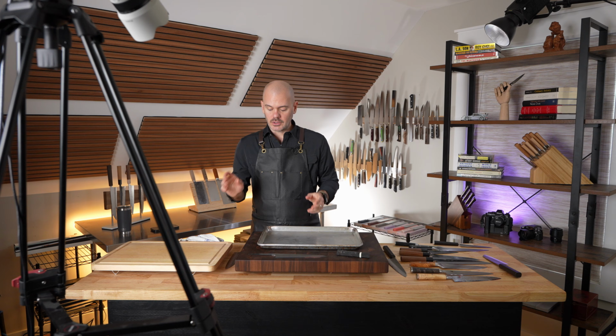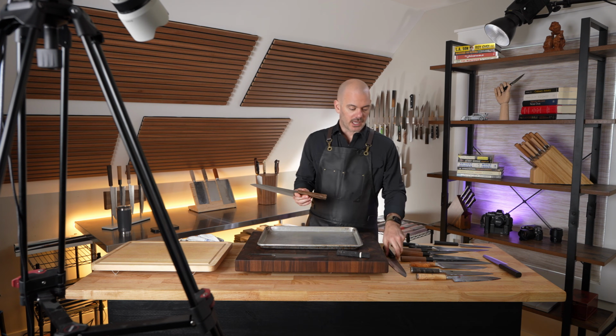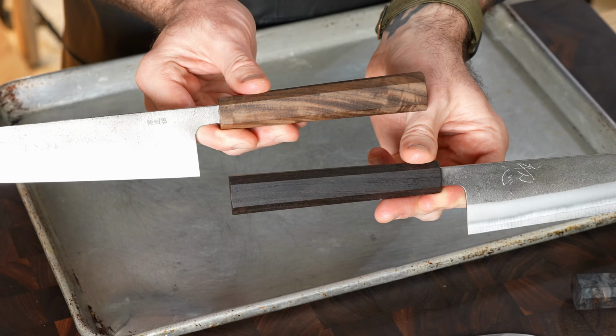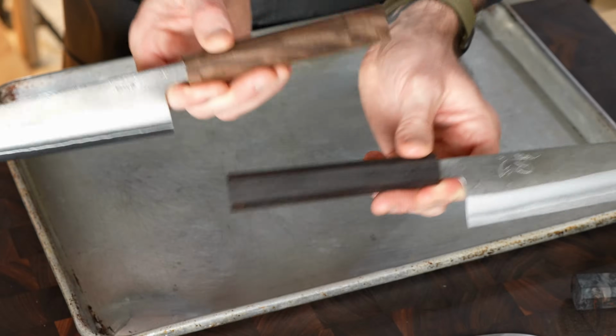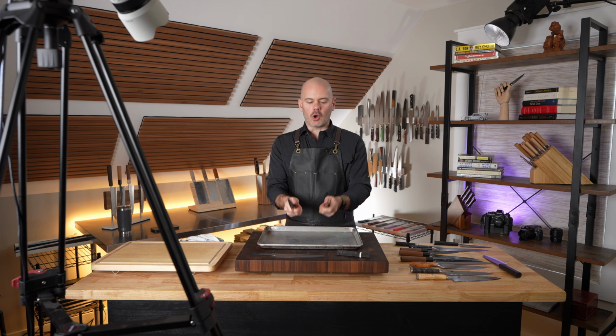Now, I want to show you real quick the SKD handle of the Yoshikane versus the ebony. As you can see here, the SKD on top, there is definitely a lacquer. You can see that sheen, and the feel of this, it's all about the grip. Like my thumb right now, both of them are oily, but my thumb just slides along here. Not that that's a bad thing. It feels amazing as a normal handle, but the difference between the two, the ebony